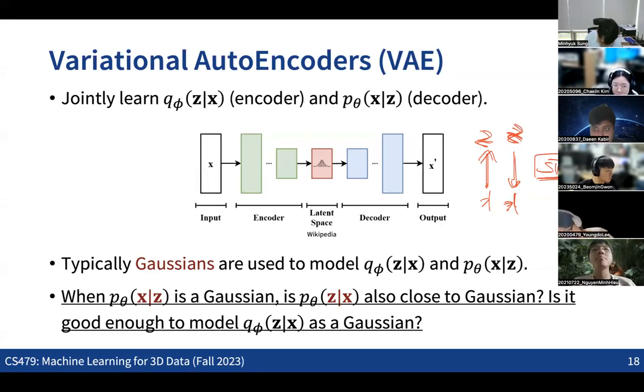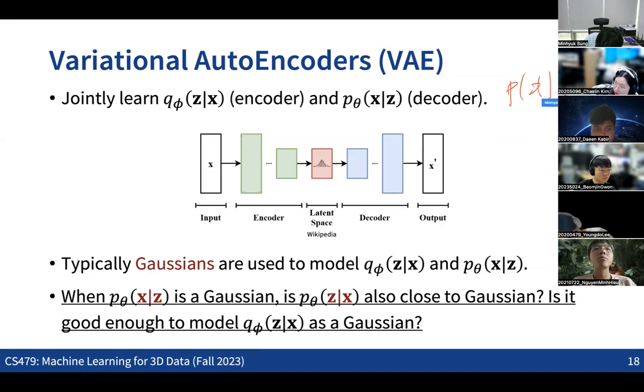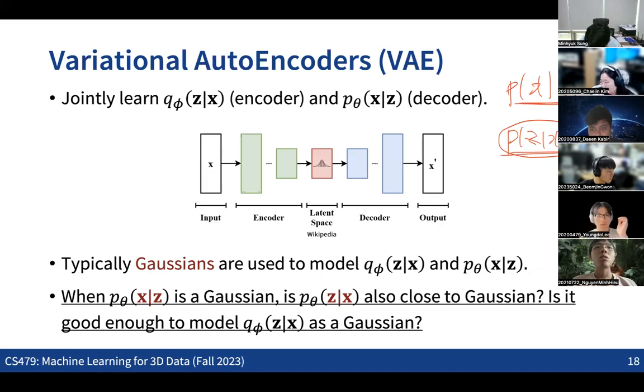Typically, when this is a Gaussian, it does not guarantee that the other way around is also a Gaussian. The only case where we can approximate this as a Gaussian is the case that we have seen in the diffusion model, when the beta in the transition formulation is small enough that we can consider this to be close to a Gaussian. But for other random cases, it's hard to expect that the other way around of the conditional distribution would be another Gaussian as well.